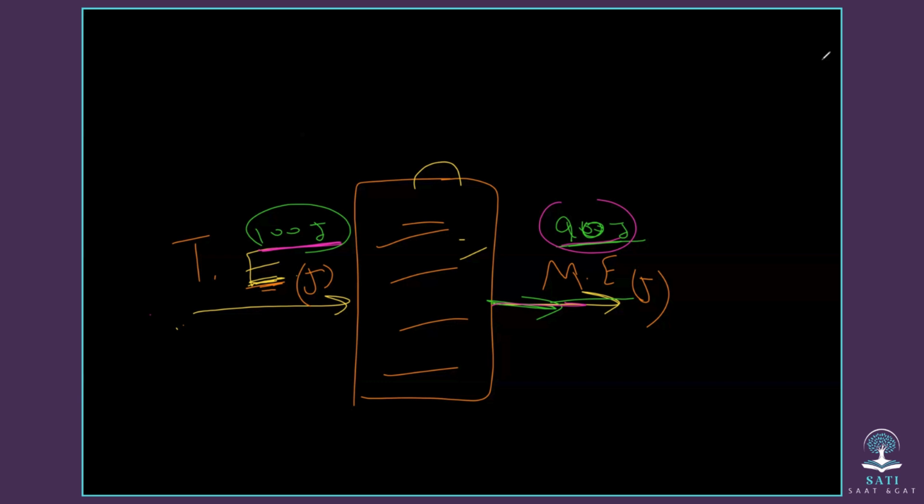So if this one is 100 and it gives us 90, that means there is a loss. There is a loss of energy by 10 joules. Where did that 10 joule go? Mainly, this 10 joule of energy will be wasted energy, and this wasted energy will be consumed here to heat the particles of